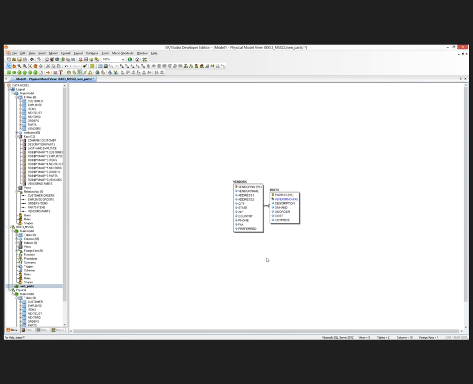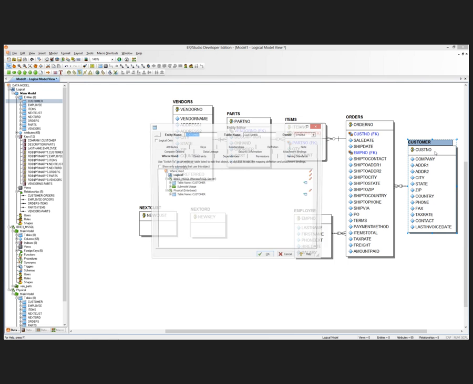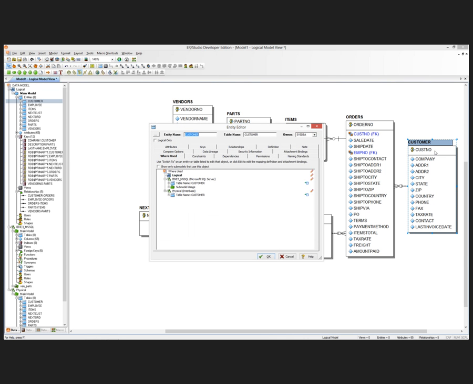There are a lot more features and functions I can put in here, but for timing purposes, I can talk about some of them. So we spoke about being able to compare and merge. For example, let's say at one point in time, a customer needs a new attribute. Let's say we want to keep track of the email addresses for customers. We want to apply a new field for this. For customer, actually I want to do it to the logical model. So let me go over there instead. So instead of doing it to